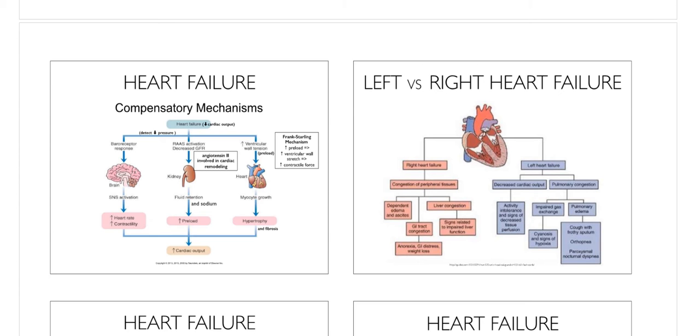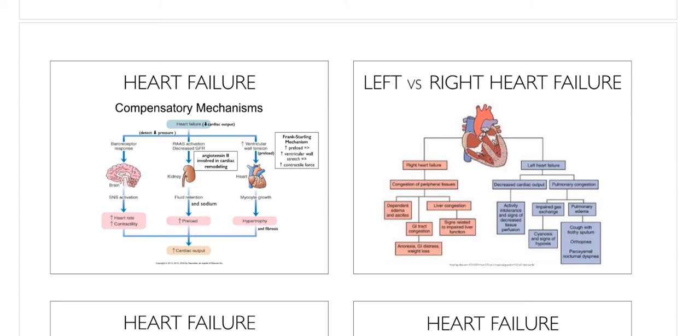With both, you're going to see a decrease in cardiac output, maybe not directly as much so with right-sided heart failure, since it's going to the lungs and then to the left ventricle. But we're going to have decreased cardiac output regardless, which is going to show a lot of the same kinds of signs and symptoms, such as decreased oxygen perfusion and decreased blood flow to the tissues. So we're going to have the classic signs and symptoms of activity intolerance and signs of just generally decreased tissue